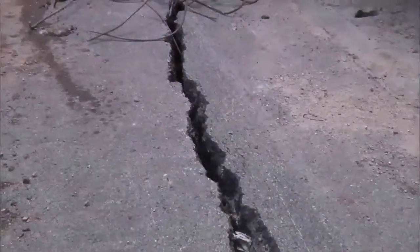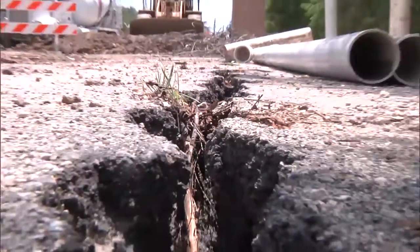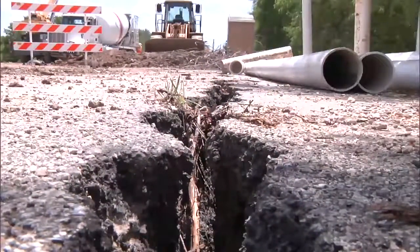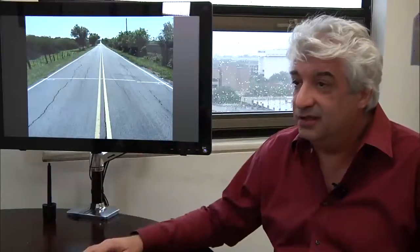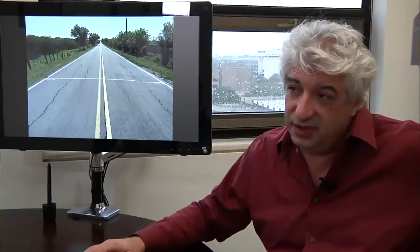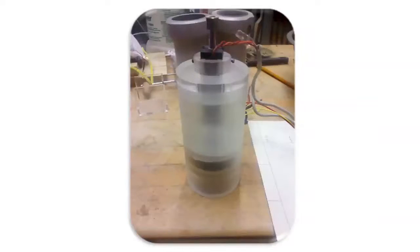And so the better we engineer those foundational layers, the better long-term performance we get and the less maintenance dollars we have to spend on rehabilitating our pavement. What our project did is it found a way to characterize the swelling, but instead of measuring an index property, by measuring the swelling. So these are the samples in which we use to get the data,